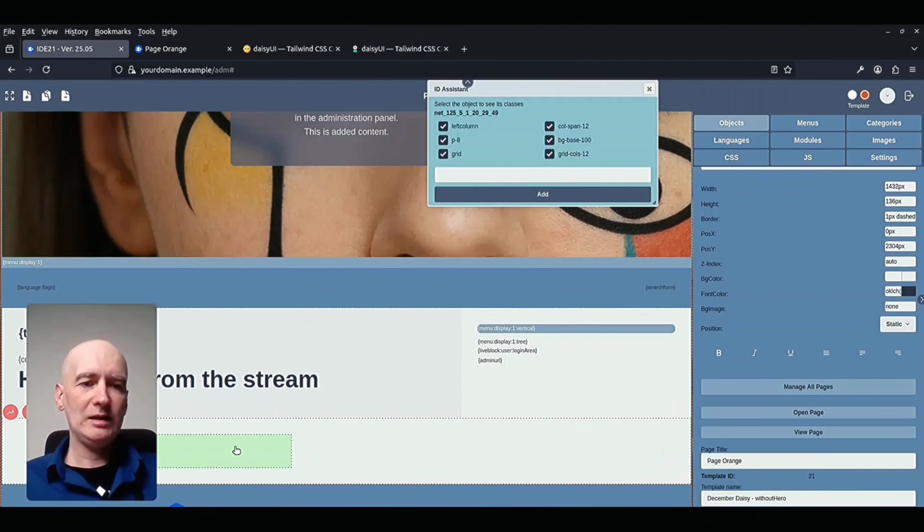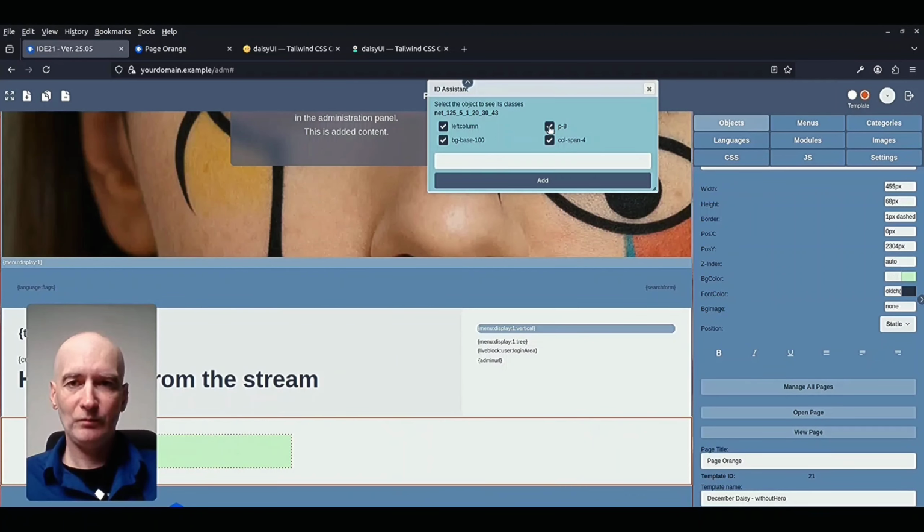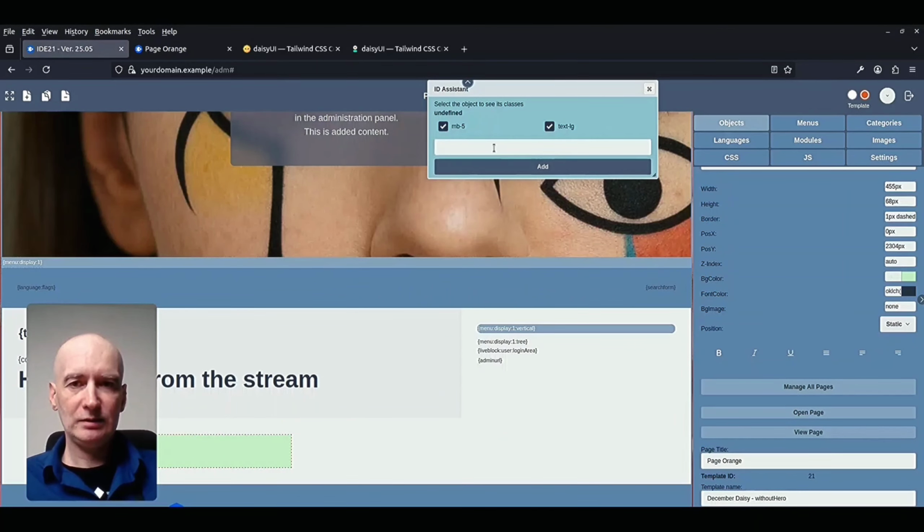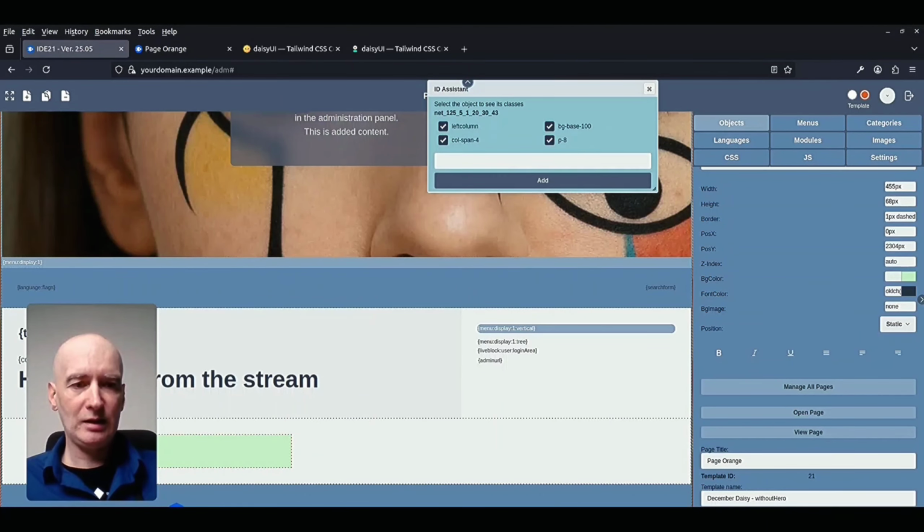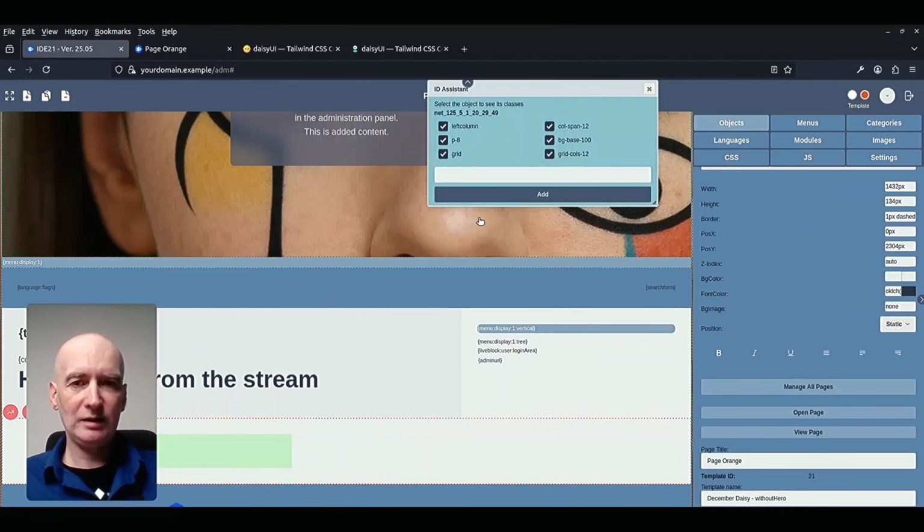You can now see that we have this object here, and let's make this background of the parent something gradient.